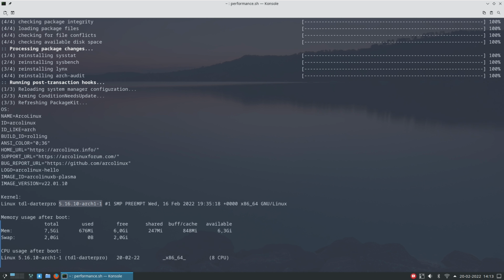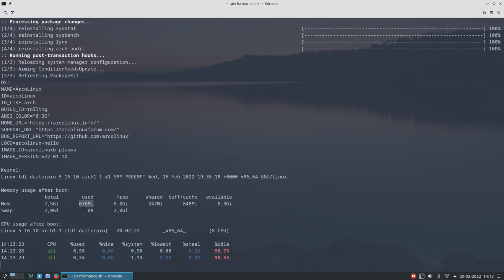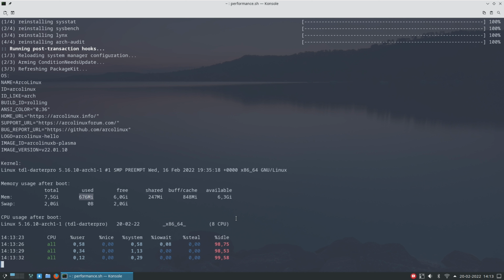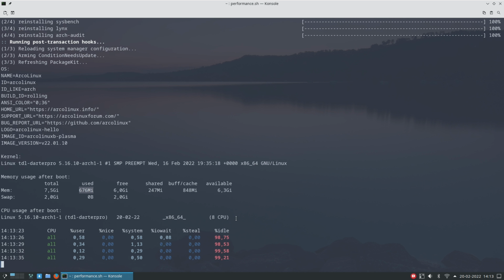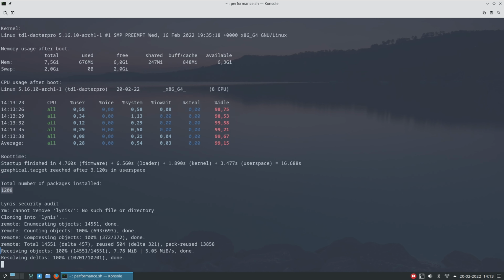So the next step will be the memory usage. So this time it is 676 megabyte. So now we're testing the CPU usage. So the 0.28. The boot time 16.16, 16.68. Total number of packages installed 1208. Not that it's that important, but